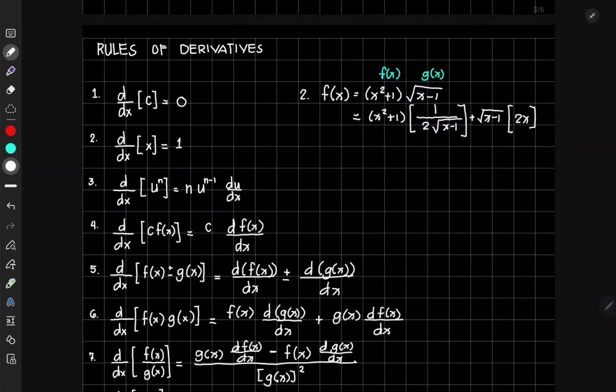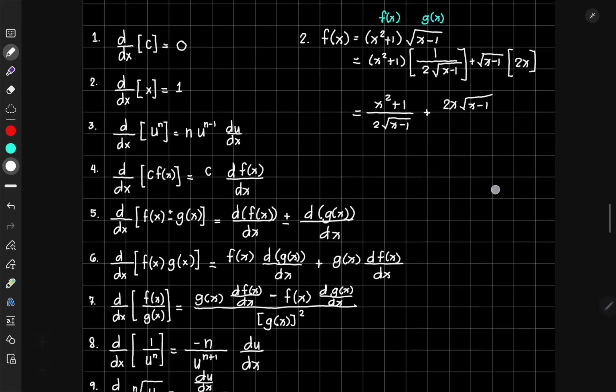So, simplify lang natin to. So, we will get x squared plus 1 all over 2 x minus 1, square root of x minus 1. So, we have plus 2x multiplied by x minus 1. So, pwede na itong sagot ninyo, pero kung gusto niyo pang i-simplify furthermore,